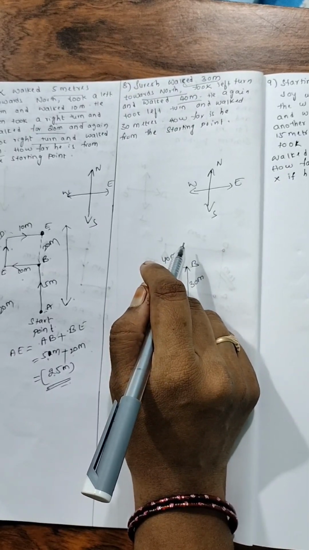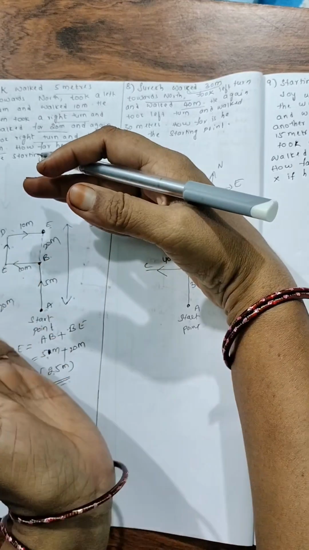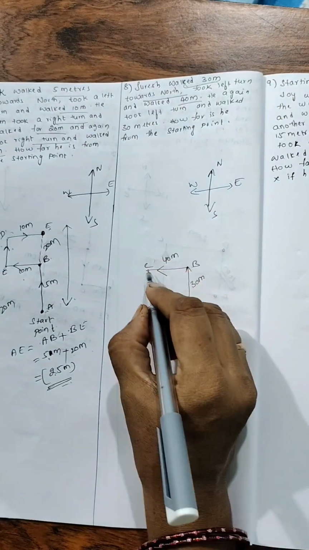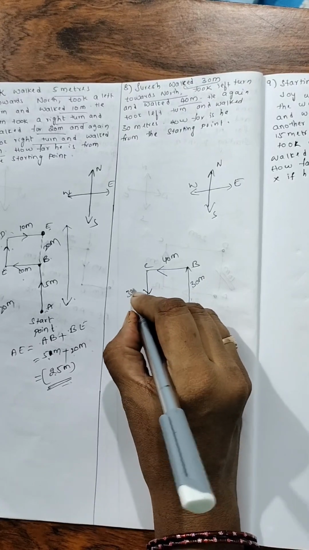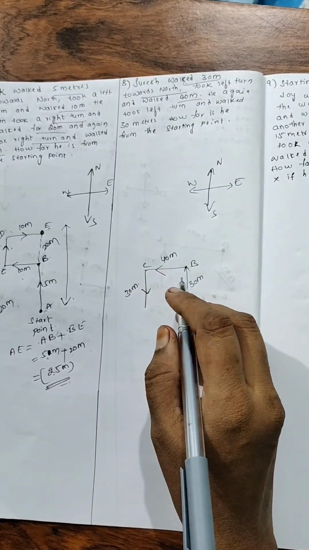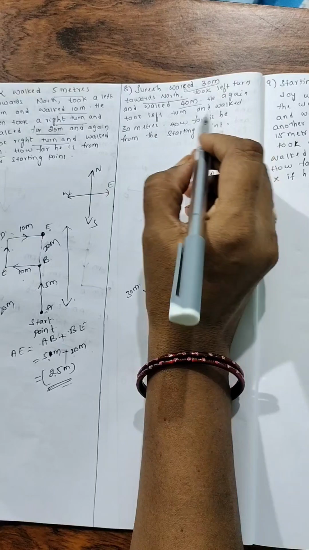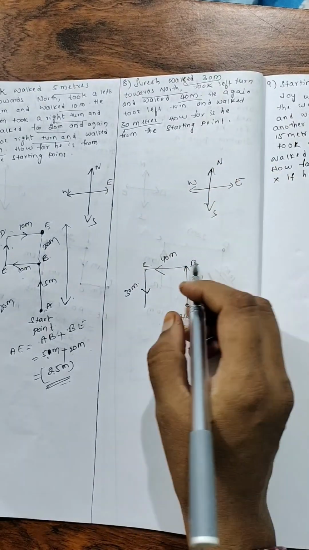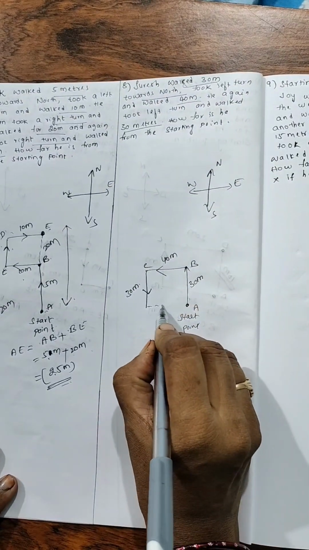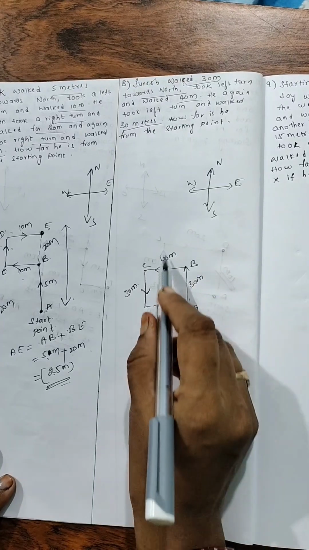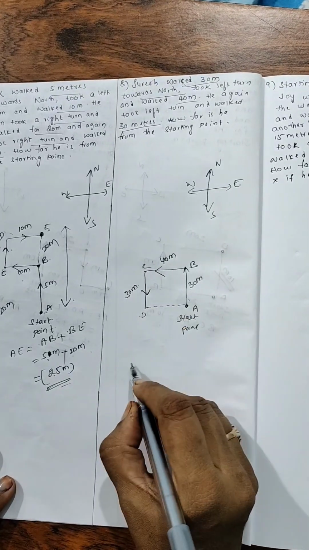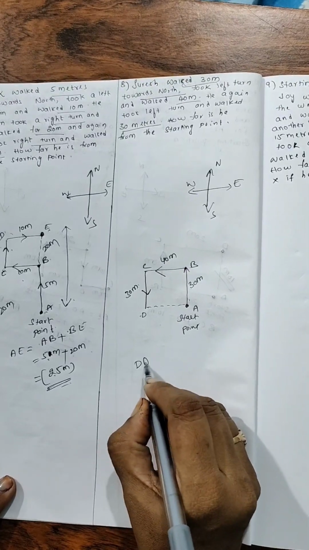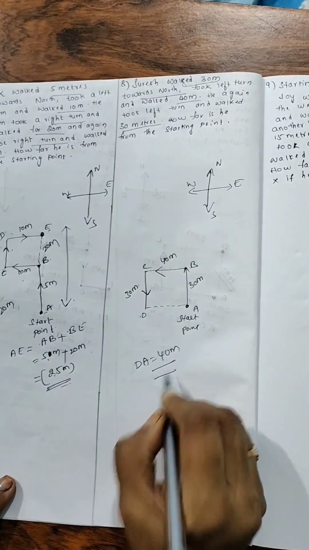He again took the left turn. Here he stood. So this becomes left, that becomes right. Left and walked 30 meters. Right? How far is he from the starting point? This is the starting point. Now, I think you can say the distance will be equal to DA, equal to CD. That is 40 meters. Finish. Just a simple question. Now next,